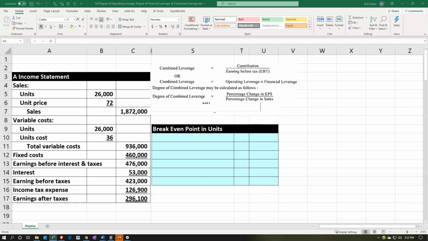It's going to be the fixed costs divided by the contribution margin per unit. So we'll start here with the fixed cost. Fixed cost is going to be then the 460,000. We're then going to divide that by the contribution margin per unit. So the